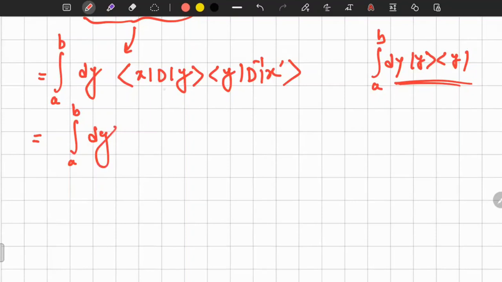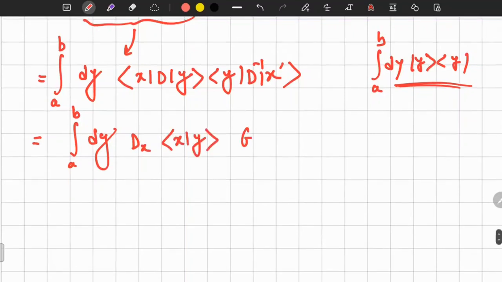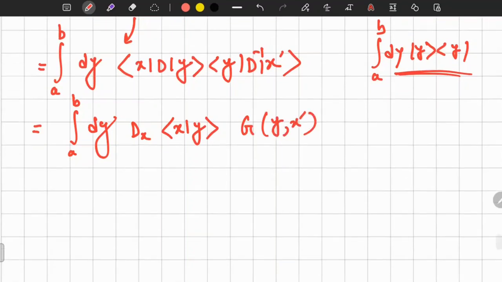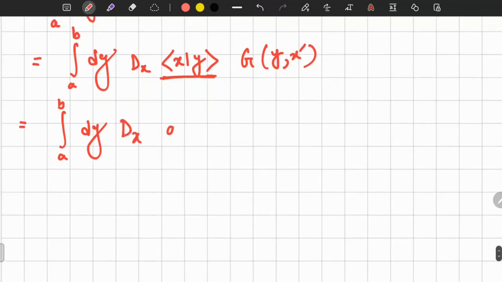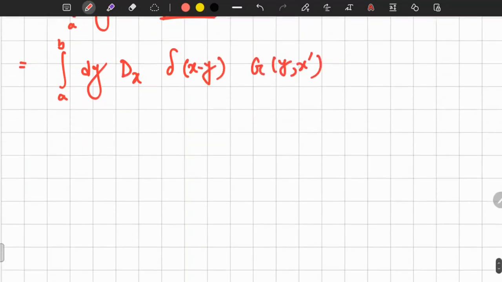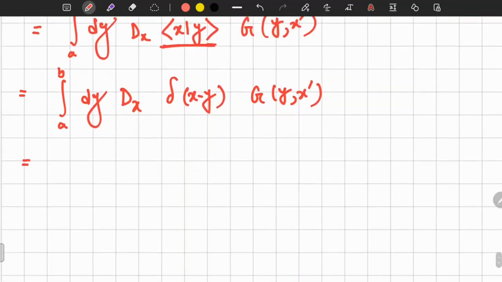So it will be integral dy. So this is a differential operator. We can take it out. Then it will be D of x and y, and the Green function g(y, x prime). So this gives us the delta function. So it will be integral dy, D delta(x minus y) g(y, x prime). So essentially, this function will survive when x equals y. Otherwise, this delta function will be 0. We can write it Dx just g(x, x prime),